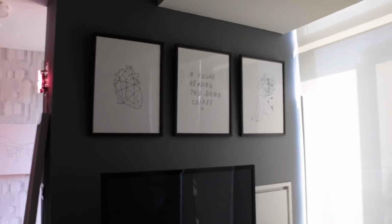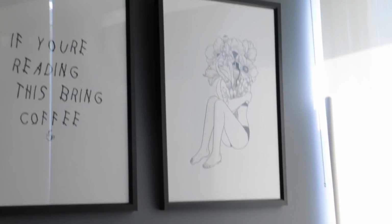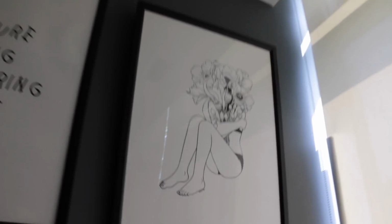And then I have the blind shut just so I could actually show you guys without crazy harsh lighting, but those do open up into big windows, which is super nice. This is still kind of the same too. Those 3 pictures are from Society 6. It's a geometric heart. If you're reading this, bring coffee, and it's a Hen Kim piece of art with a